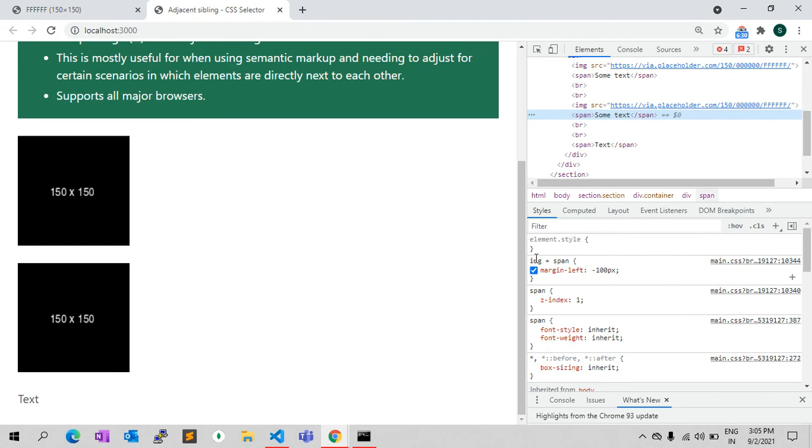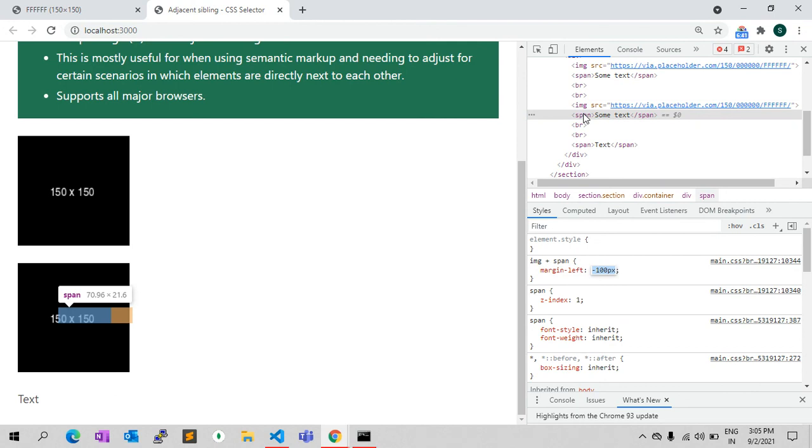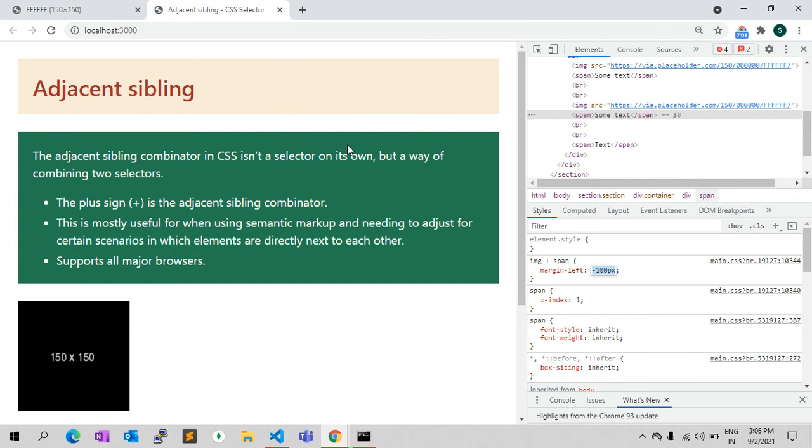The CSS is image plus immediate span, and for that we have given margin-left minus 100 pixels to make it disappear. I gave the negative margin because I wanted to hide that text when the image is there. I don't want to show the text. So this is the practical example where we can use the adjacent sibling selector.